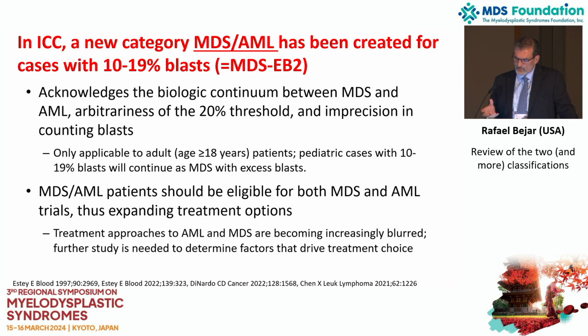But the rationale for this was that maybe some of these individuals with high blasts in MDS could benefit from some of the therapies that are now emerging in AML, especially if they share certain biological features. And I think this has been misinterpreted to some extent as to say that everybody with 10 to 19% blasts should now be considered as a potential AML patient and treated as such, or at least given consideration for that treatment. I still think it comes down to the biology, because this 10 to 19% blast group is still a very heterogeneous group. And I'll go into some examples of that in a moment.